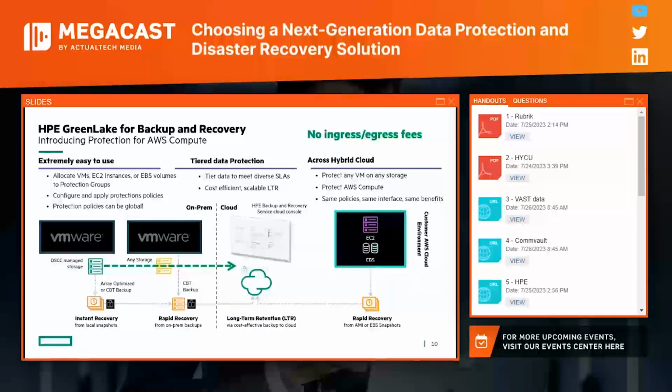And then as the product matured, this is getting into the end of last year, you can see that green arrow just popped up. You can now back up direct to the cloud. So you don't need to do a backup locally and then push it off. You can go directly to the cloud. And like I said, we added RDS as another AWS resource we can protect. SQL is another integration that we've got that will launch probably in the next few weeks. And so this service will continue to evolve.